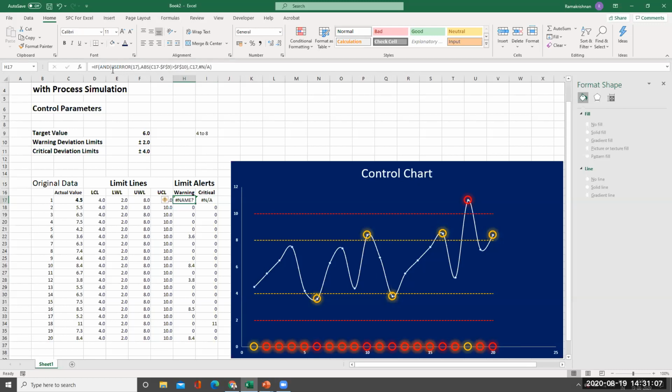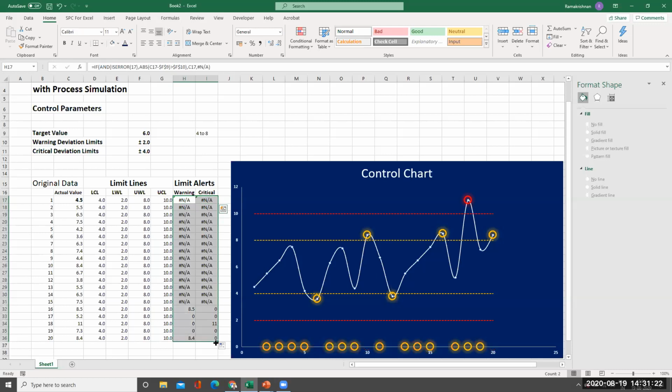Is error I17 if and, okay, right? So double I put is error. Now I'm going to copy this to all. See, the points are removed. I have made a mistake in this.